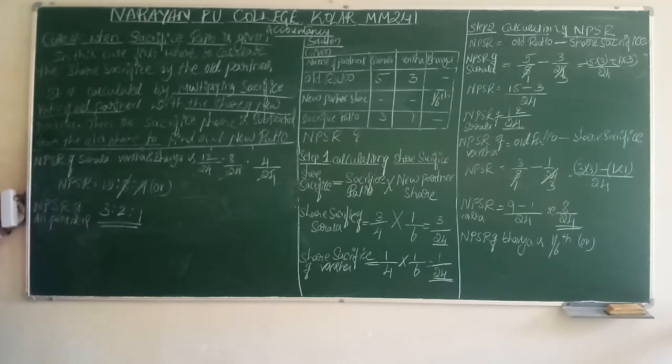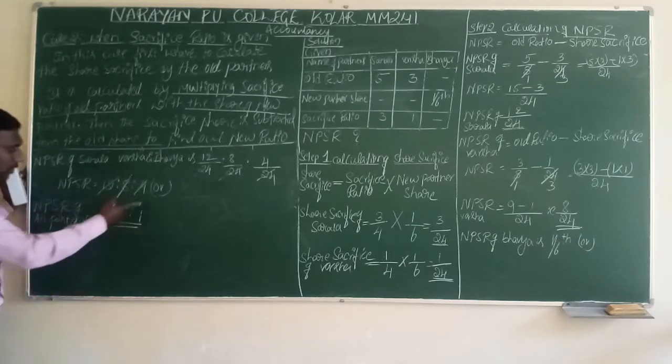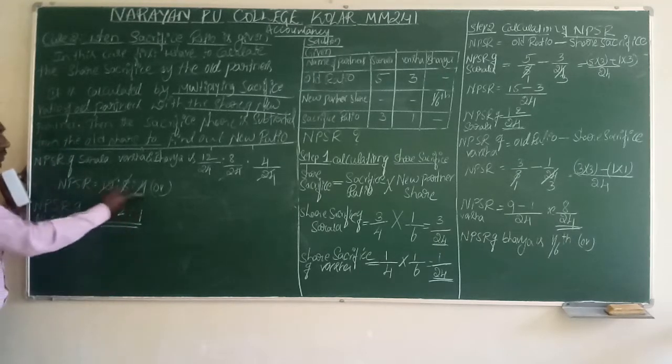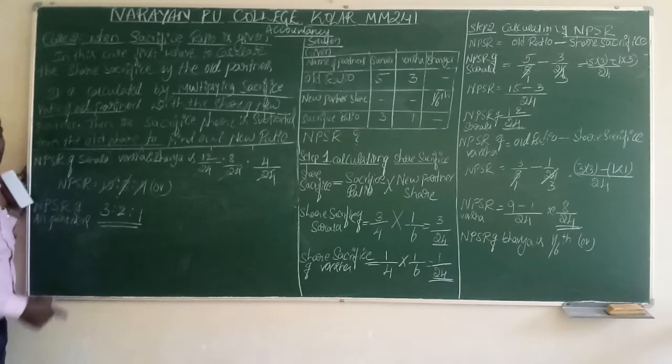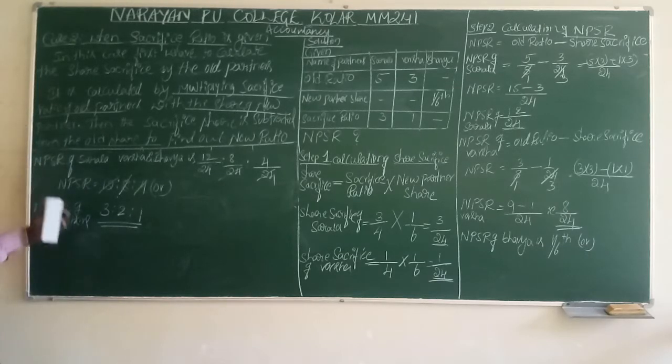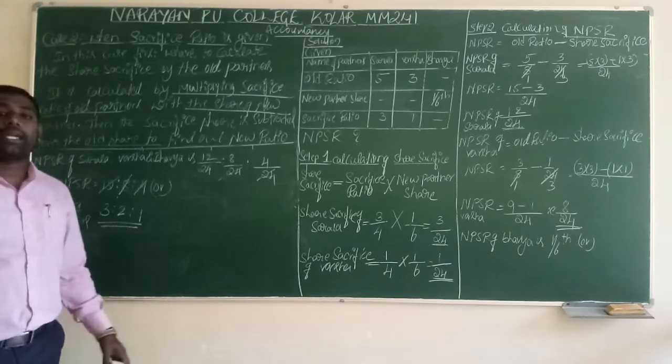3:2:1. If it is not divisible by a particular fraction, we should consider what value we have to get. That only will be the new profit sharing ratio. If it is divisible by a particular number, we should divide, and that value will be considered as the new profit sharing ratio. So this is about the question related to case number